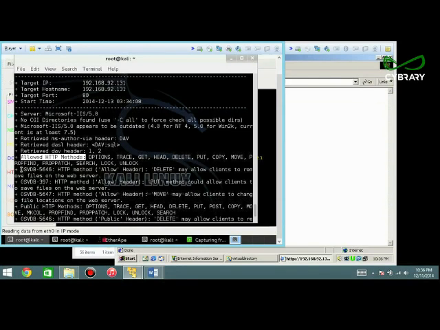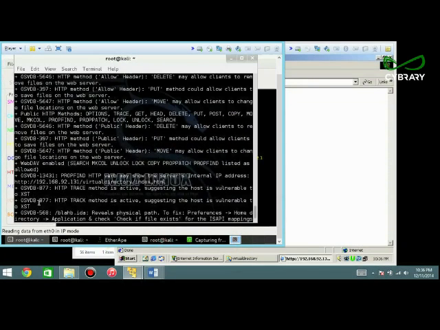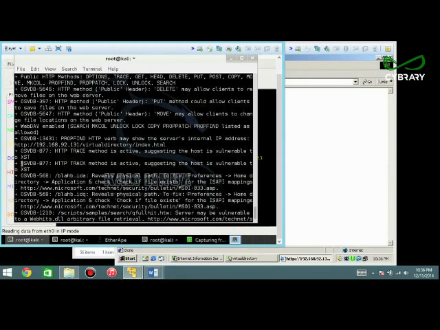It found open source vulnerability database 5646: HTTP method allow header delete may allow clients to remove files on the web server. Okay. And you could basically go through these one at a time. So head, delete, put, move. Okay. And I would go through these one by one,